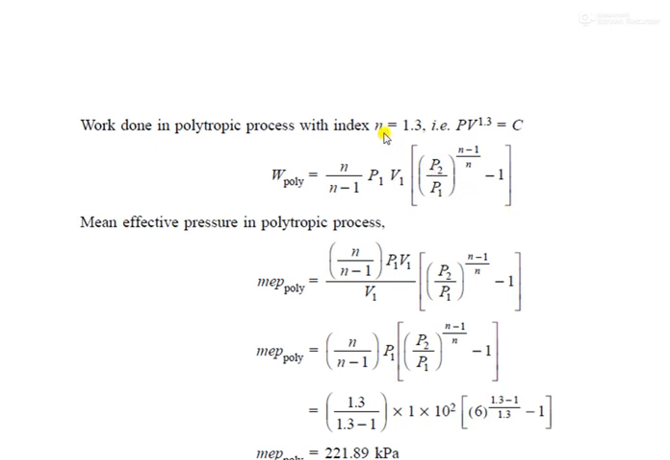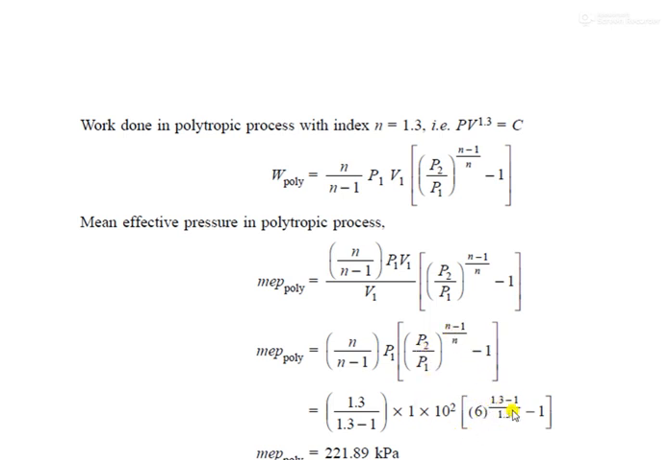Now the value of n in this case is 1.3 as given in the question, and we can either initially find out the work done, or we can directly use this expression and divide it with V1 to find out the mean effective pressure, because we are required to find out the mean effective pressure only for this, right? So using this expression we can find out the mean effective pressure, and putting those values, P2 by P1